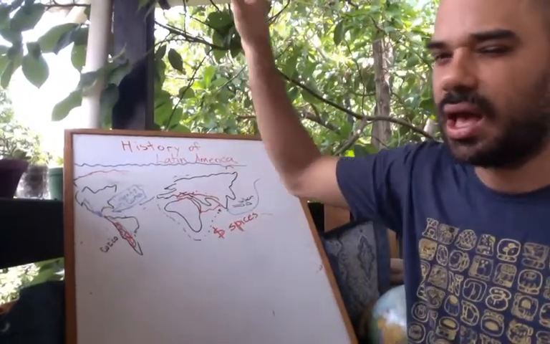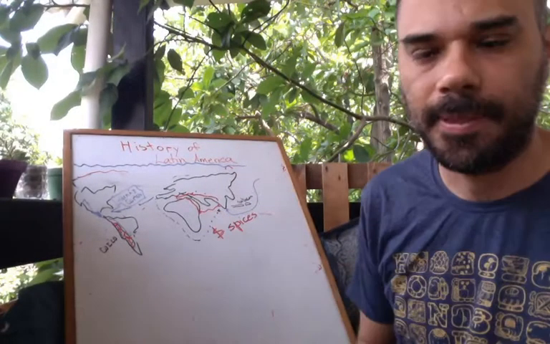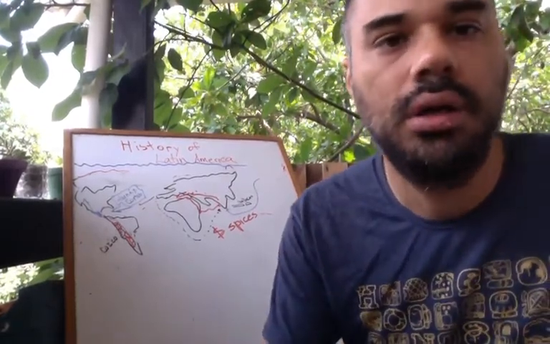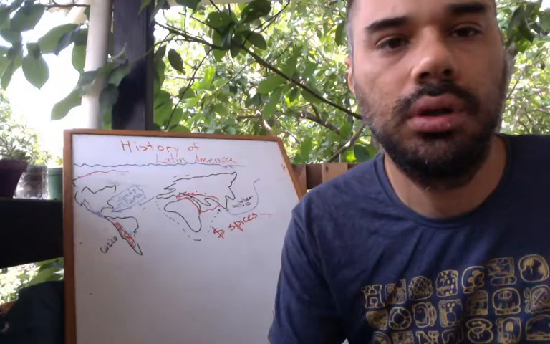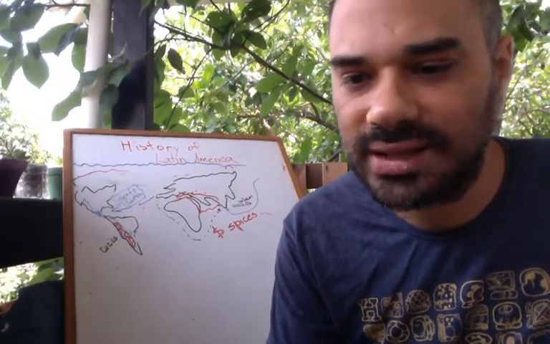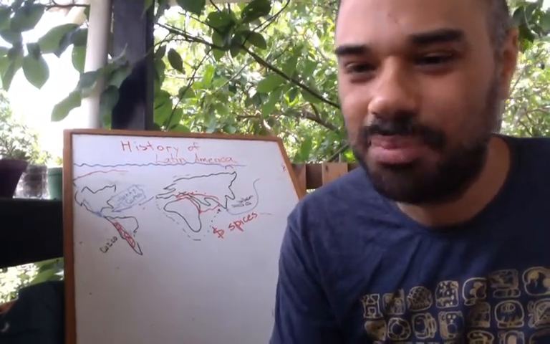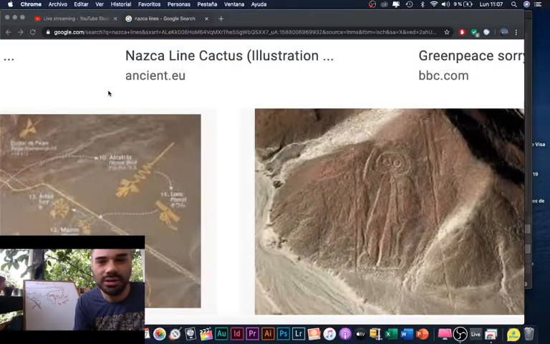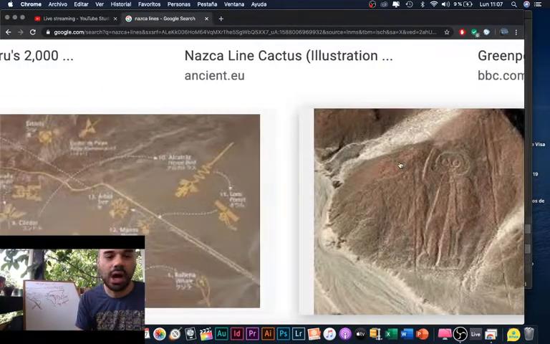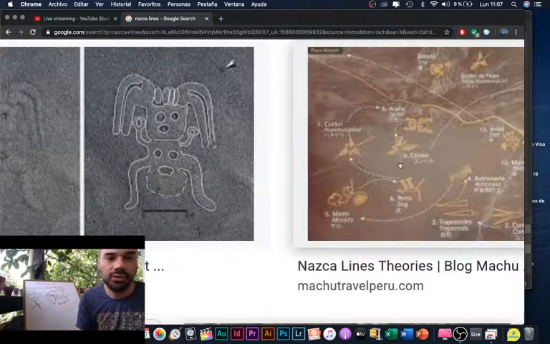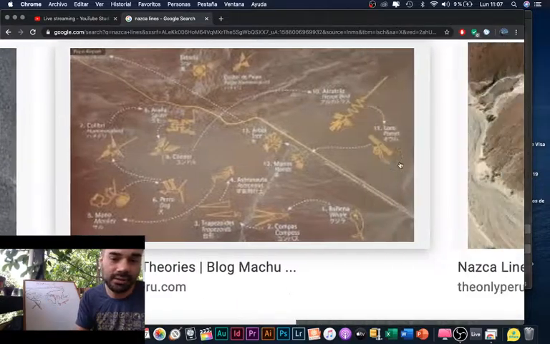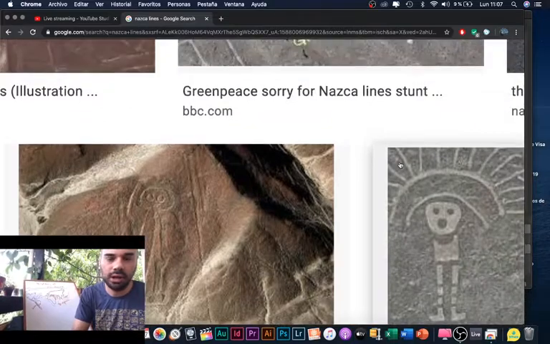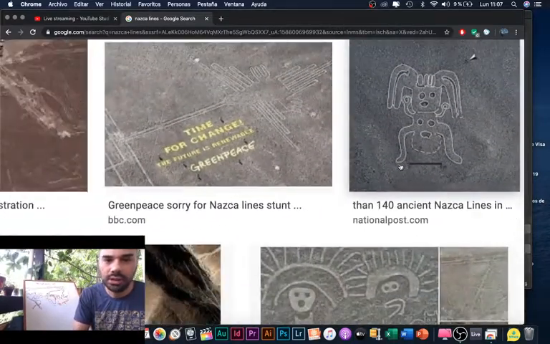Machu Picchu was high in the mountains. I'm lucky enough that I have been there. It's pretty cool. I did not have money to go to the Nazca lines. I passed very close to them, but I didn't have the money to buy a plane ticket, because you have to go by plane. You cannot see them on the ground because they are so big.